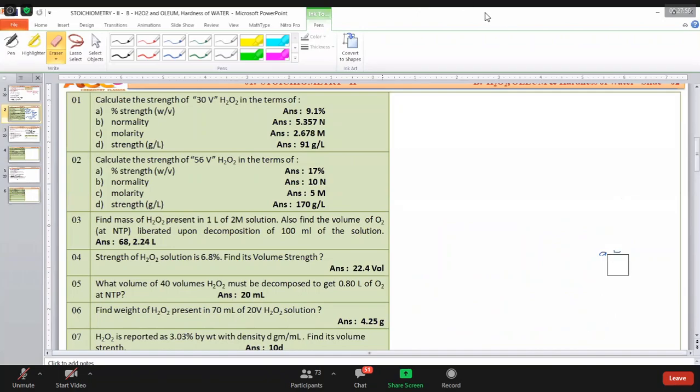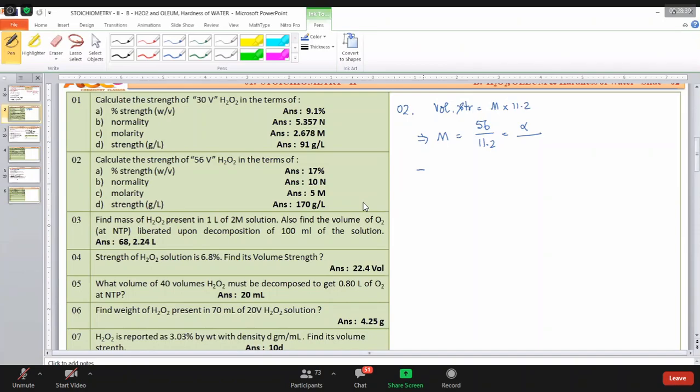Those students who are having some problem in understanding, question number 2, again I am doing. Same question, it should be given actually as homework. But some of you are saying, what is this and what is that? Whenever volume strength is given to you, first go to molarity. Volume strength is equal to molarity into 11.2. Implies molarity is equal to volume strength by 11.2. How much is it? 56 by 11.2. I got some number. This is called alpha.